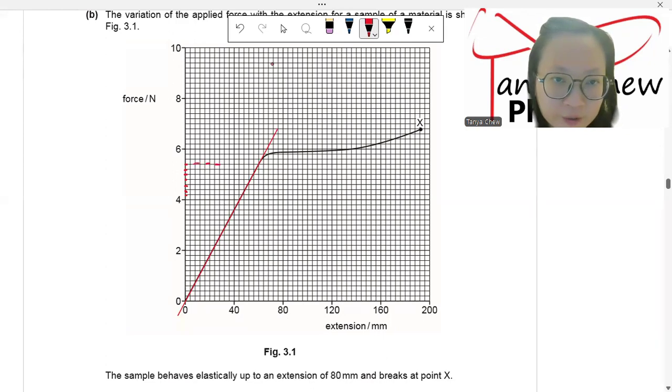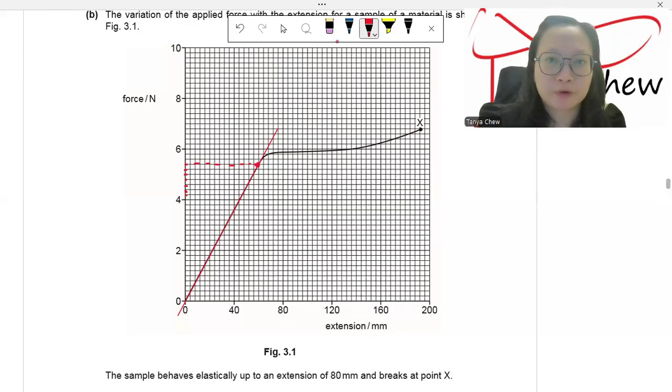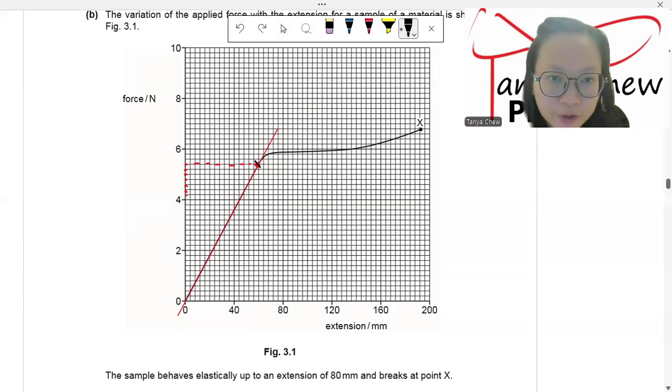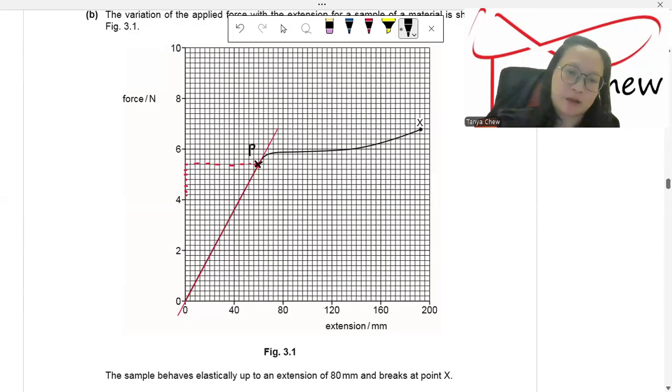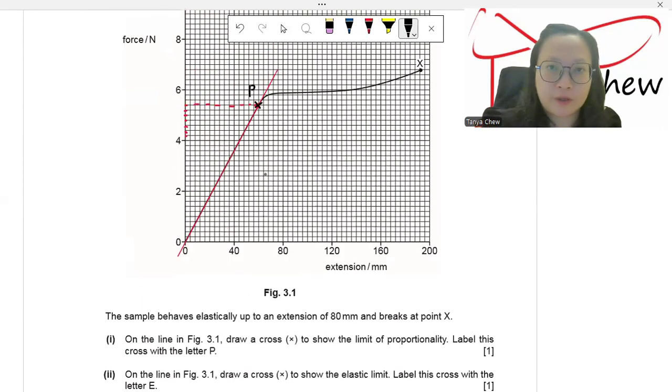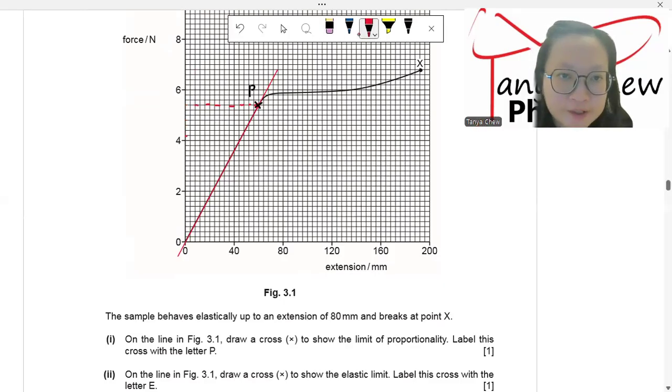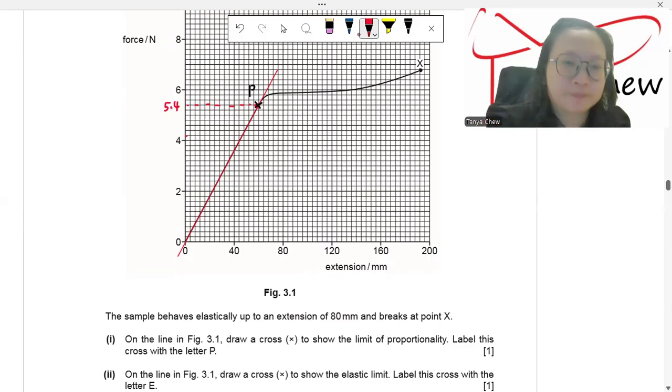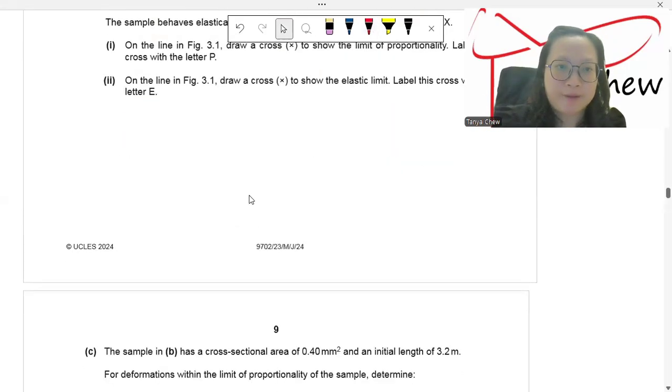So I will say, okay, at this point, right? So I put a cross there. Give me a while. I am going to put a cross here, and I label this as P. Now, okay, that is done for the first part. You have to make sure that this is 5.4. Just want to label this, right? And then